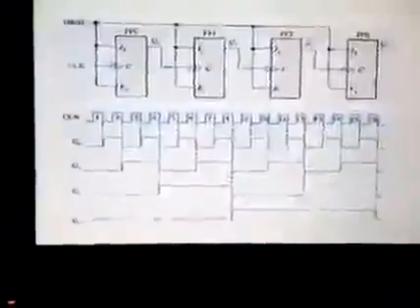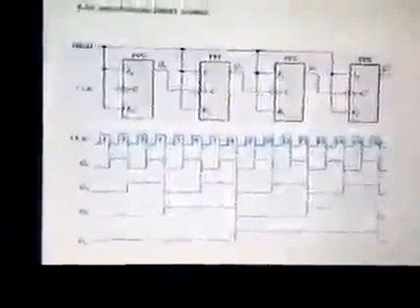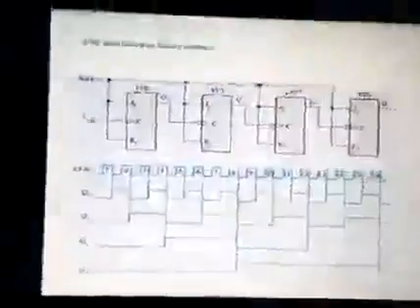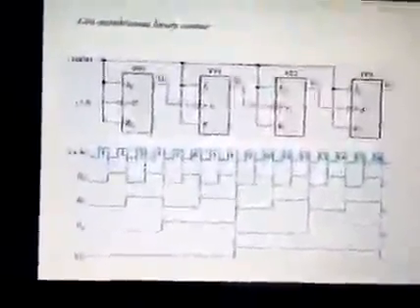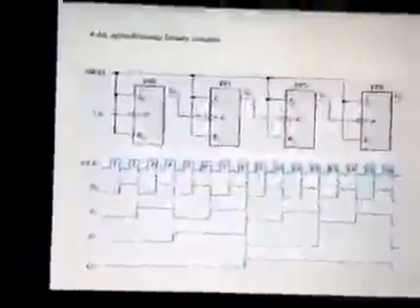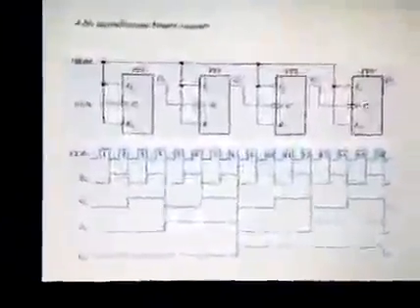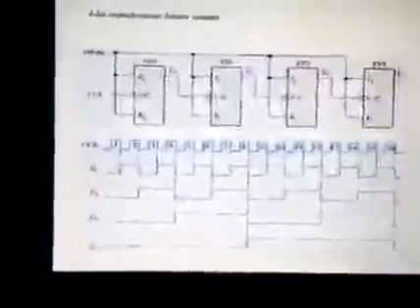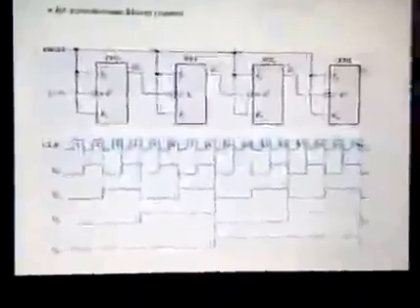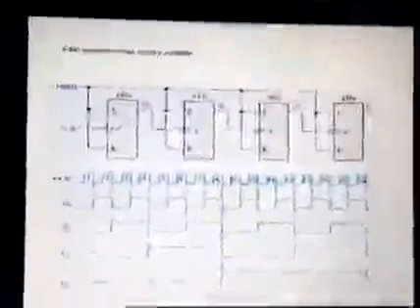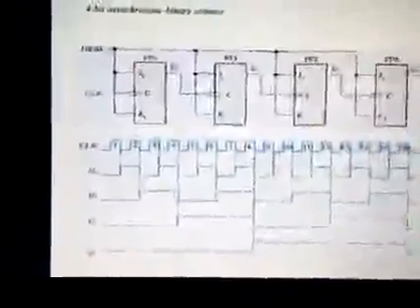So remember that a flip-flop operates when the edge is triggered and we apply data input. There are 2 types of edge triggering: positive edge triggering and negative edge triggering. Positive edge triggering means the transition goes from 0 to 1. Negative edge triggering is when the transition goes from 1 to 0, maximum to minimum, called the negative edge trigger. So there are 2 types of edge triggering, which we heard in the lesson on sequential circuits.